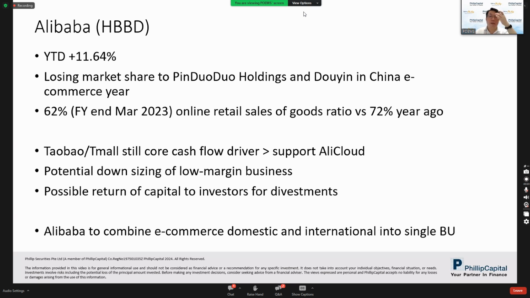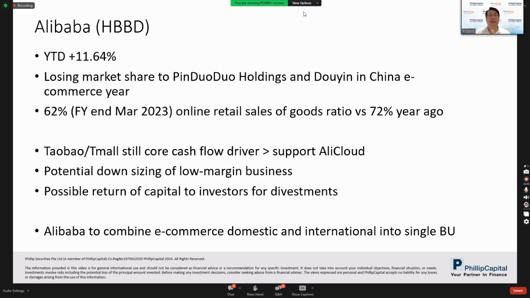Okay, so for Alibaba itself, the code in SGX for the SDR is HBBD, right? So Alibaba is a bit weaker than Tencent, definitely. Right now, year to date, it's only up 11%. So one of the reasons that they are facing issues is that they have been losing market share to Pinduoduo, to Douyin, or the TikTok equivalent for the international one,